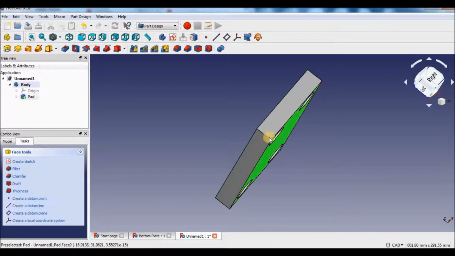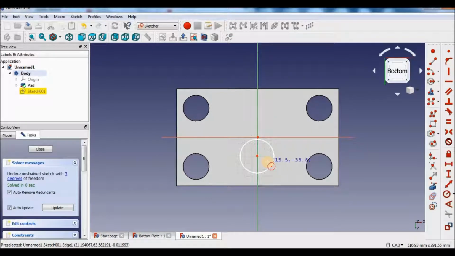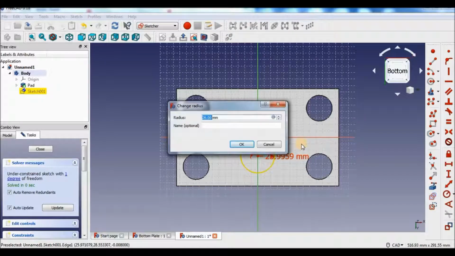Select any of the surface. Go to sketching room. Draw another circle. Press escape. Select center and y-axis, constraint. So it is 25